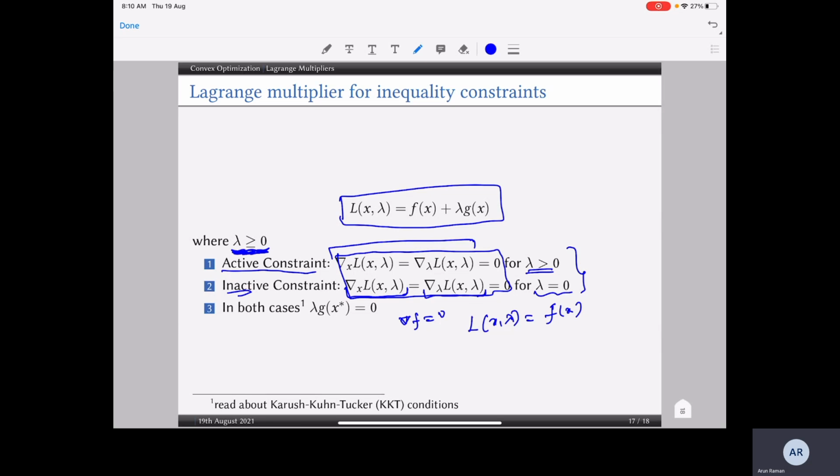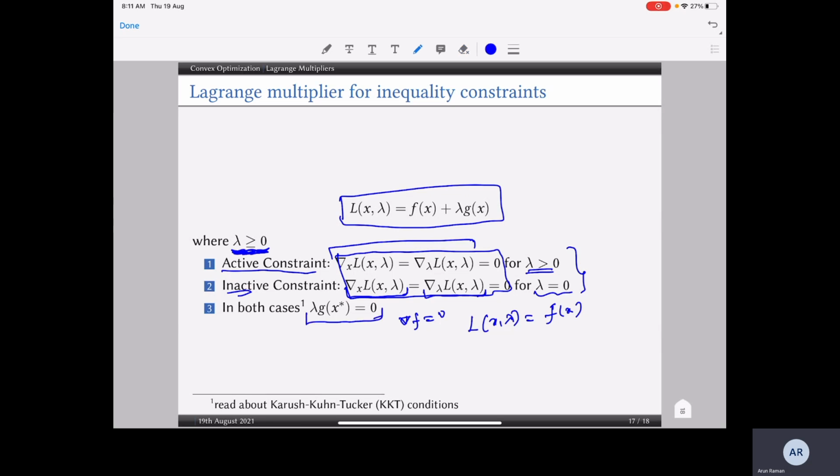Normally, if there are multiple constraints, we will have lambda 1, lambda 2, and so on. So whatever lambda works for whichever constraint, we will do it in that way. You can look at several examples. There are many books on convex optimization. The most popular one, from what I have talked to people about, is by Stephen Boyd.